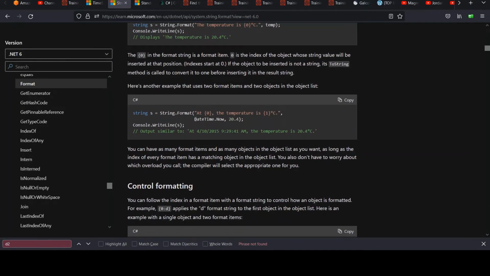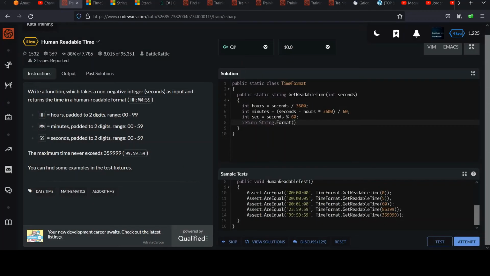Yeah, so here's one. It's got two variables, so date time now would go in slot 0 and 20.4 would go in slot 1. That's sort of the idea. We're going to make 3 of them because we have 3 pieces of information. So for string format, we can do something like in our string, we're going to use